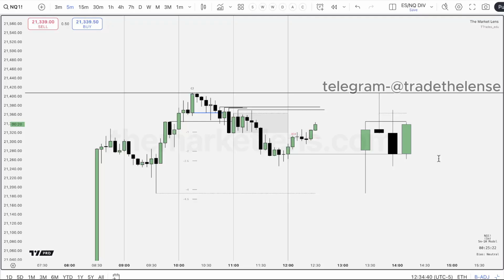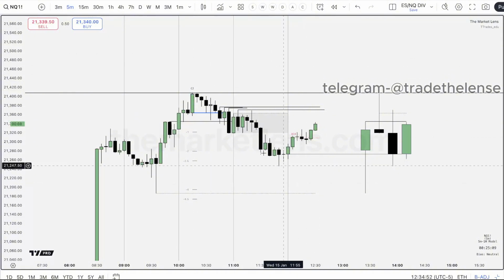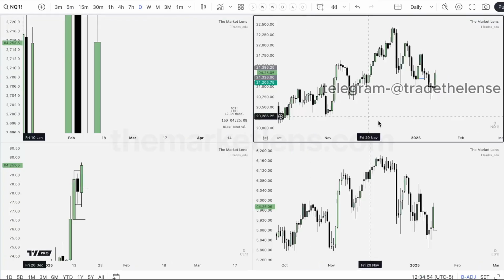From a bias standpoint, was it valid to consider short with a narrative that both NQ and ES already swept previous day high, gave hourly confirmation lower yesterday? If you mean being short biased into today, is that what you mean? Like, are you saying, hey, I wanted to be short biased into today? Or what do you mean consider short? Because that's kind of broad.